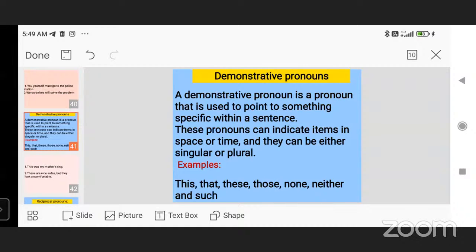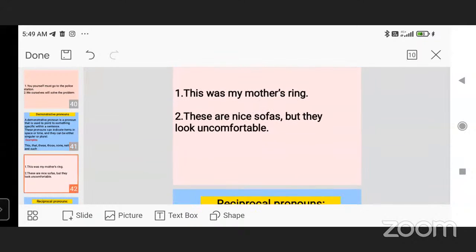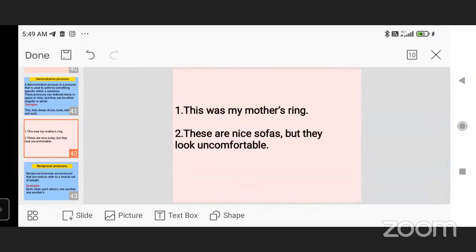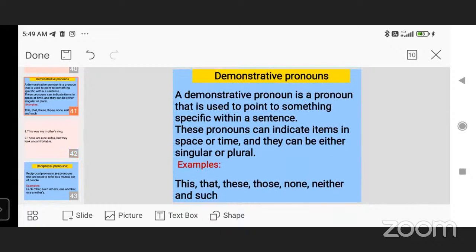Okay. Next is the reciprocal pronoun. Reciprocal pronouns are used to refer to a mutual set of people. Ma'am, could you explain demonstrative pronoun again? Okay, I'll just teach you again. Shall I teach you in Tamil now? So it will be comfortable. So see here: this, that, these, those, none, neither, such, these words come,